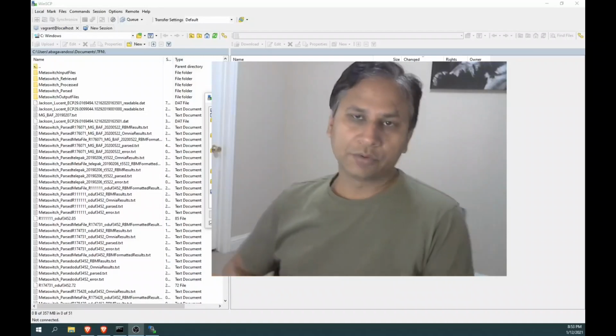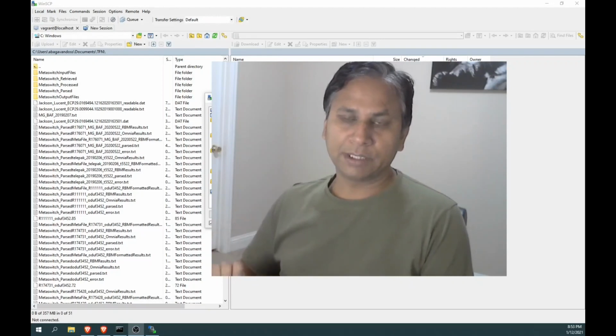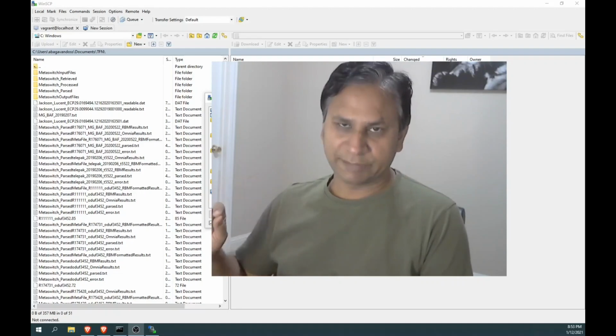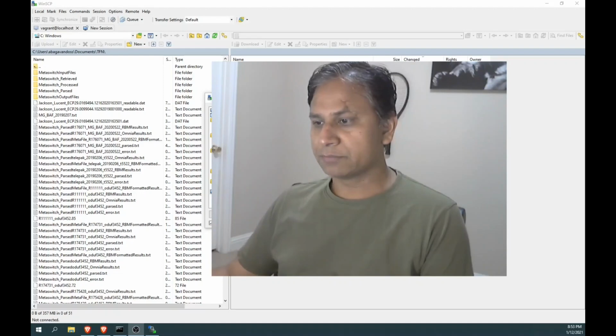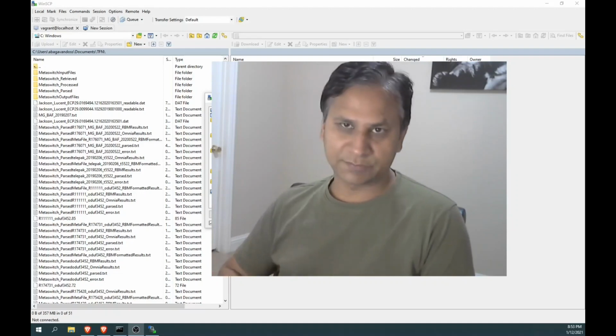Hey, today we are going to see about SFTPing a file from a Linux system or Unix system. There are multiple tools available like FileZilla and WinSCP. I prefer WinSCP, for some reasons. Here I will show you a quick demo, so it will be easier for us. Every time, we need not key in the password.